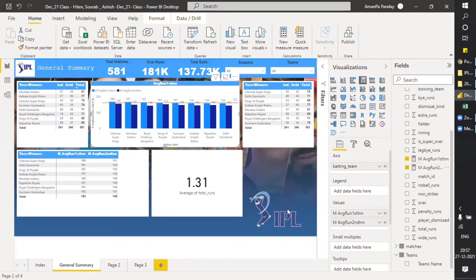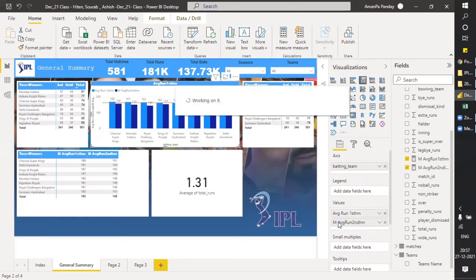Second innings runs. Now I want to change this so it looks better. Average run, first innings, and this one as well.